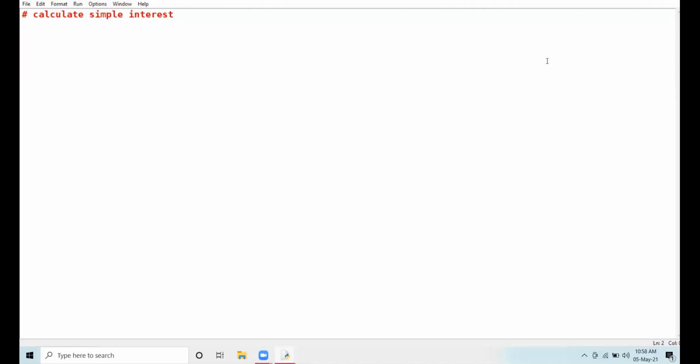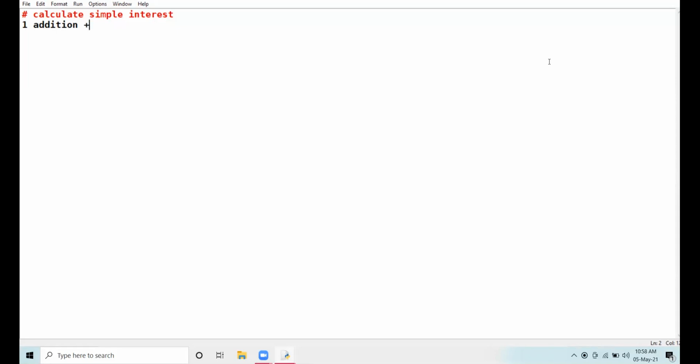Before that, I would like to discuss all the mathematical operators, all the arithmetic operators which are used in Python programming. First is addition, denoted by plus symbol.